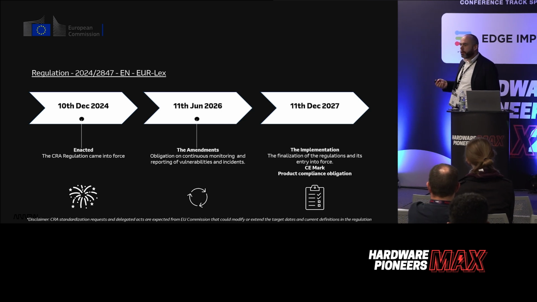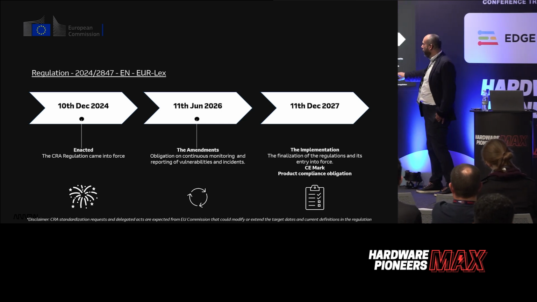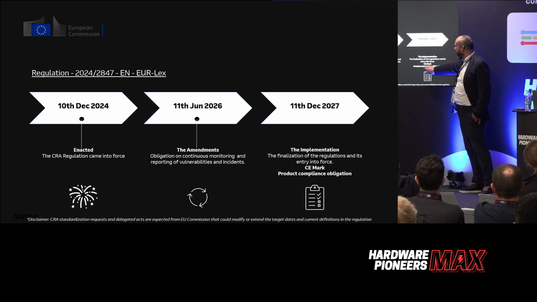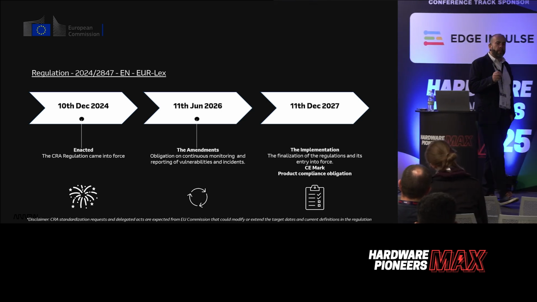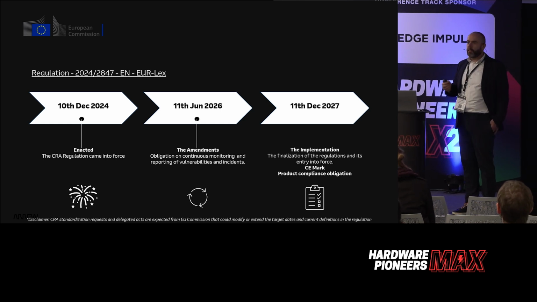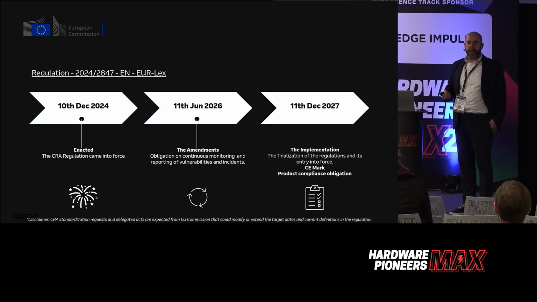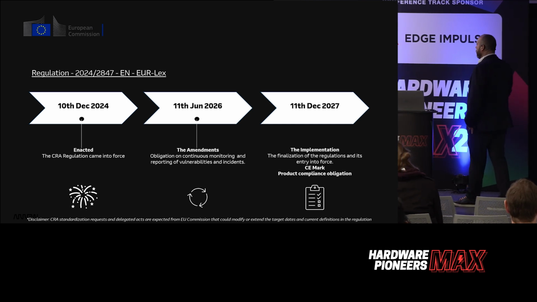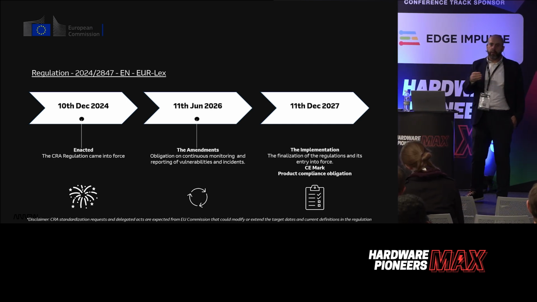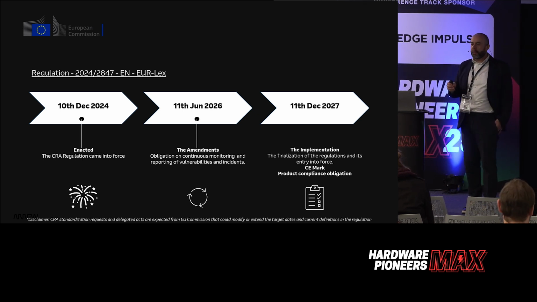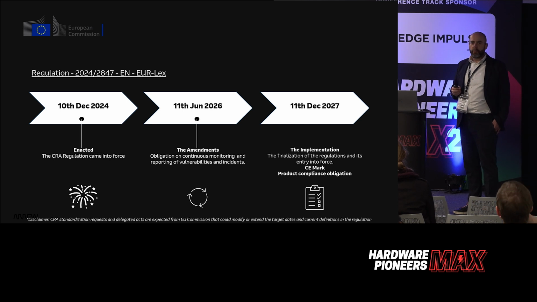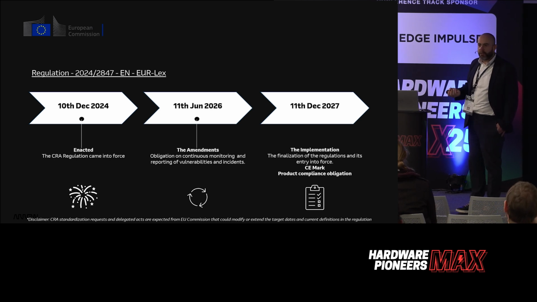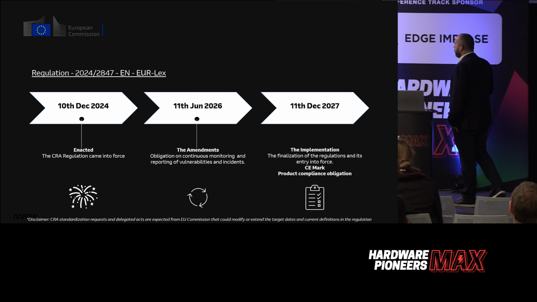And the way it's monitored, and this actually was a surprise for me when I first heard about it, is it's monitored through the CE mark. As a company, you will not be allowed to CE mark your devices for sale in Europe unless you sign that they are compliant to CRA. And that may be common knowledge. For me, when I learned it, I was like, wow. I mean, I knew there was a CRA and that we had to comply with it. I didn't realize that compliance also was tied into using the CE mark. And you know that if you can't CE mark your devices, you can't sell your devices.